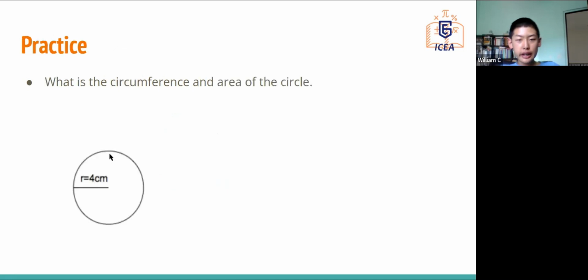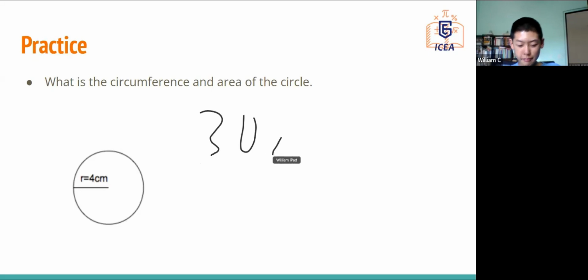Find the circumference and the area of this circle, where the radius is 4 centimeters. I'll give you some time to think about it, and if you have the answer, please type it in. By the way, you don't need an exact answer. You can write something times pi, because pi isn't an exact number. You can write something like